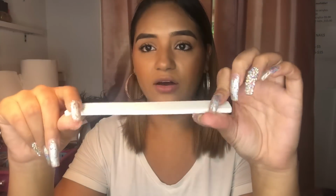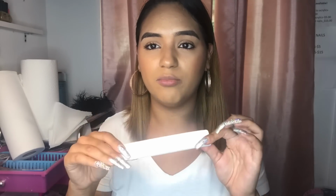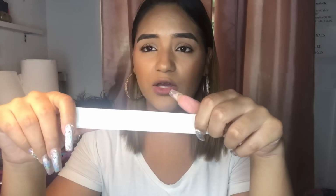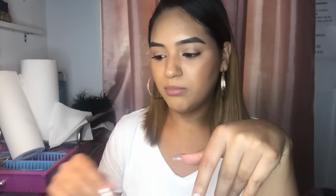So you're going to need a nail file. And with the files, the lower the number, the more coarse they're going to be. So I believe this one's like a 100/100, and then the higher the number, the more fine. So if the number is really high, that means the file is not going to be really coarse, so it's going to be harder for you to file. So I think this one is either 80/100, but usually I use the 100/100, and they're really good to shape nails. So after you shape your nails and you're also going to blend them,